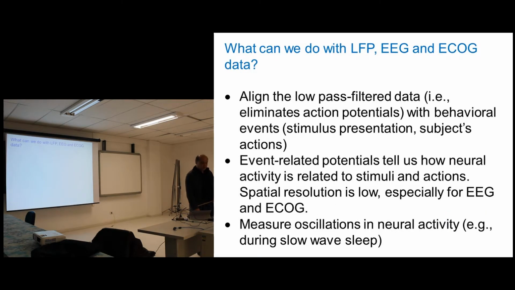So why do we do this? What can we do with this kind of data? Often what's done is the filtered data is aligned to behavioral events, right? So, for instance, if you are doing this in a behaving animal and you present the animal with a stimulus, or you ask the animal to do an action or to make a decision, you can align the data to that point, repeat the trial many times, and then, excuse me, if you see systematic differences before versus after you presented the stimulus and did the manipulation,